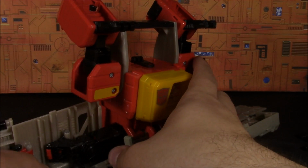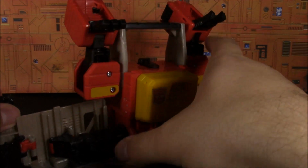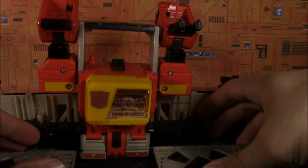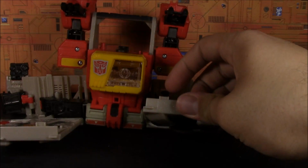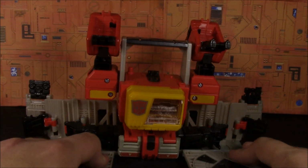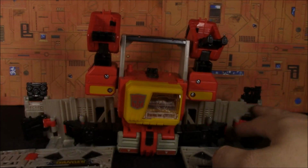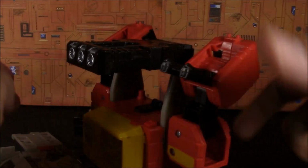kind of like a, I don't know what to describe this base mode as. I just know it's very strange, and Blaster never had a base mode. I don't know what all this stuff is. So there you have the base mode. You can also take this, plug it up on here,